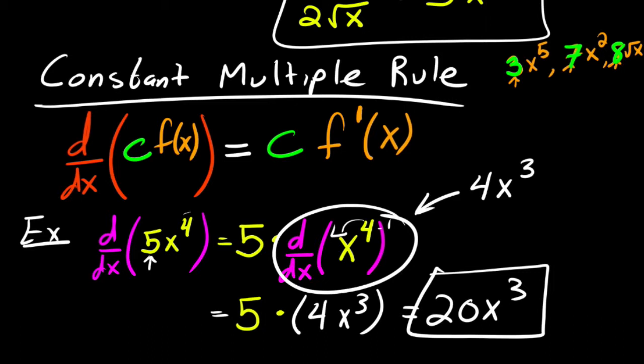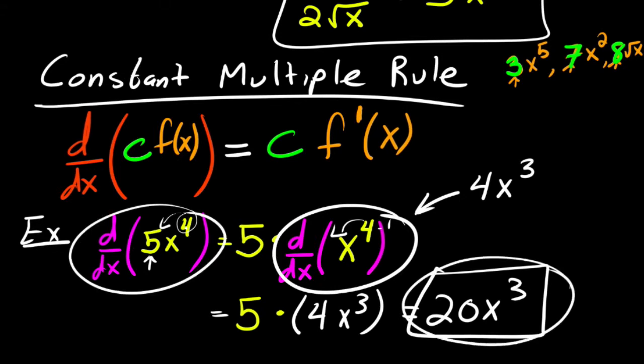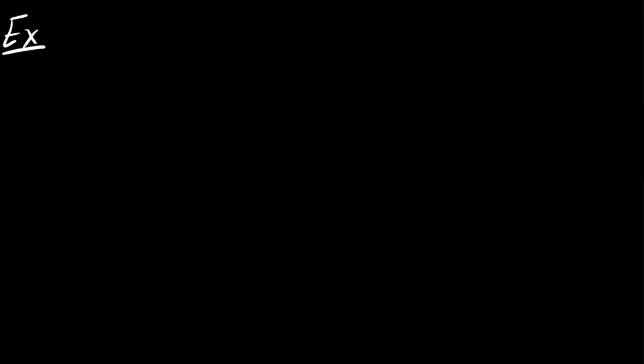Notice that if you forget about this guy for a second and you just use the power rule with this guy, you bring this guy down and you multiply that 4 times the 5, you get 20, and then you subtract 1. So you can jump from this step all the way over to that step as you get better. Let's look at another example. Let's say we want to find the derivative